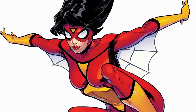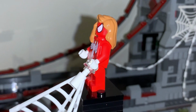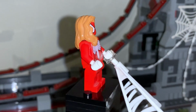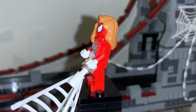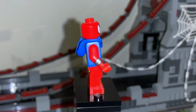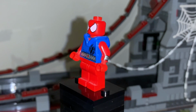The figure is simple, but executed really nicely. No printing on the arms or the legs, but it does seem to match the source material very well for accuracy, so, you know, we'll let it slide. Her head will be reused in this very set though, which is a bummer, but it's always interesting to get a Spider-Man with hair. This is the Scarlet Spider Ben Reilly, who made his first debut in movies this year